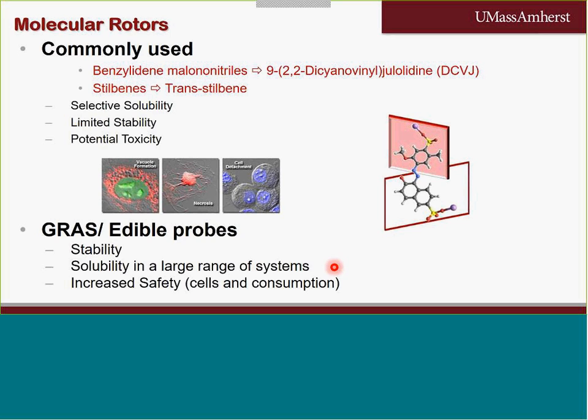Of course, they have increased safety because they have been tested for human consumption. Not only does this avoid cytotoxicity when applying this kind of technique in cells per se, but it also allows them to be always present in foods and be consumed, because that's what we normally do, and can be used in order to monitor